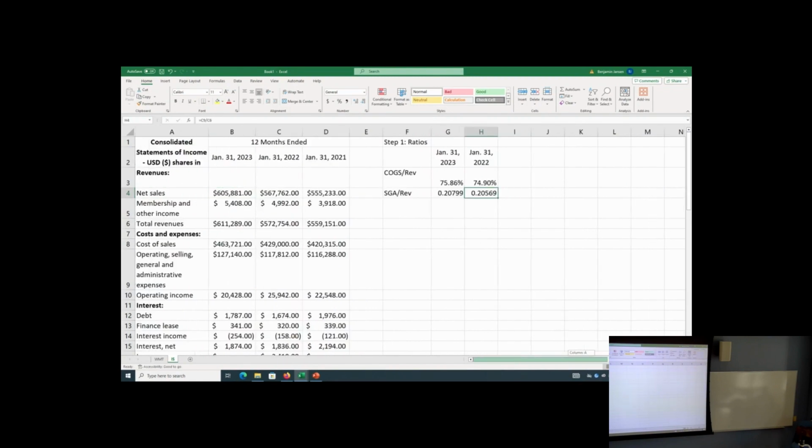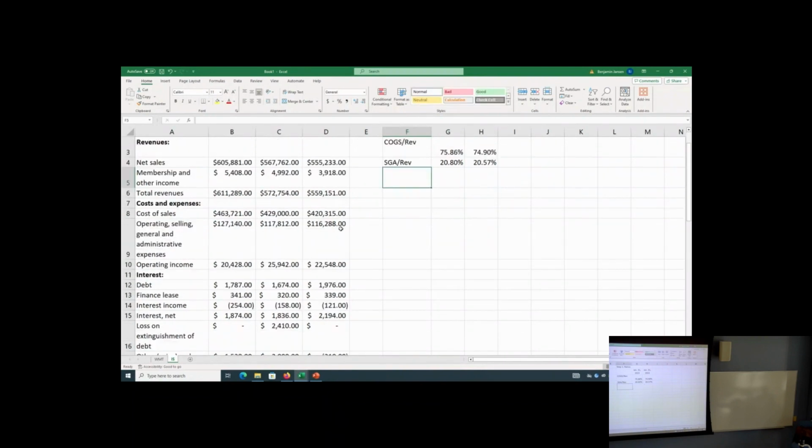Yeah. B9 divided by total revenue. This gets us our selling, general, administrative as a percent of revenues as well. Like I mentioned, these make up the vast majority of expenses for most companies, especially for retailers, where you're going to see them make up a very large percentage of the revenue. So we've got the largest chunk of revenues taken care of, but there's a few other things that